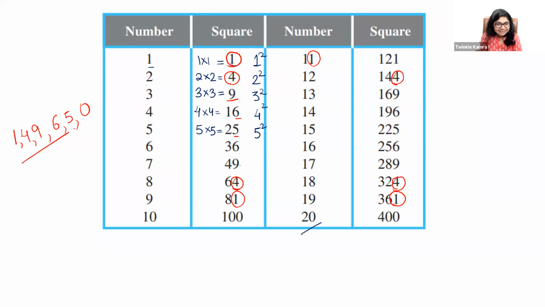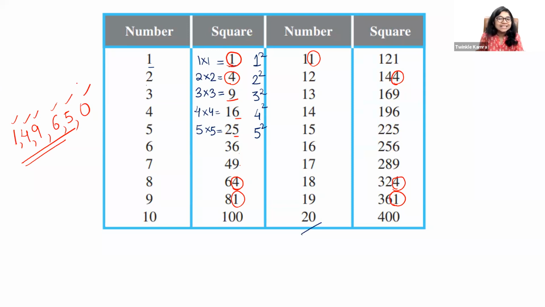If you look at this, I pick the squares at least for 1 to 20. I pick any number and I square it. I don't know the answer, but one thing is sure: after squaring, the number I get will always end with either 1, 4, 9, 6, 5 or 0. Are you getting it?